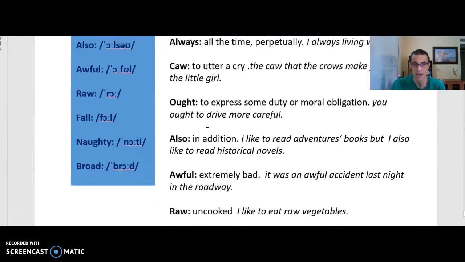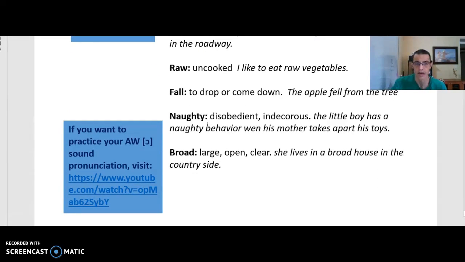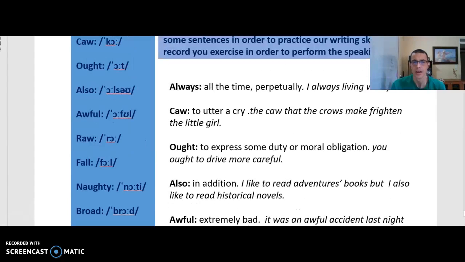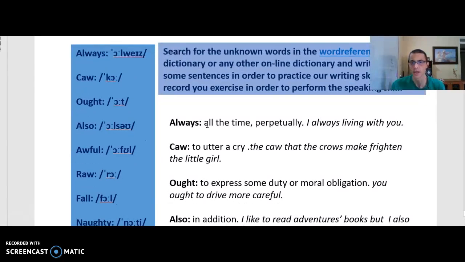Let me see the end. Here is the link, and you can practice the sound better. But we can begin with this introduction. As always, I recommend that you visit the wordreference.com dictionary, or whatever dictionary you want.